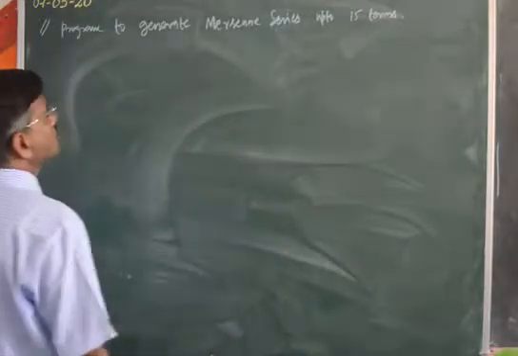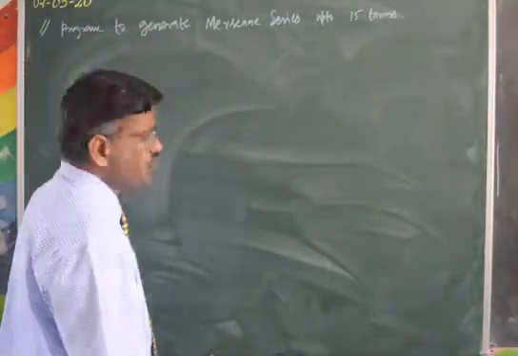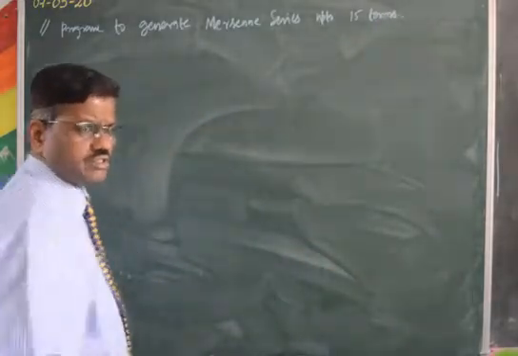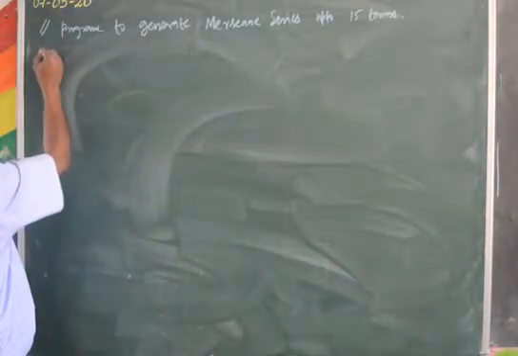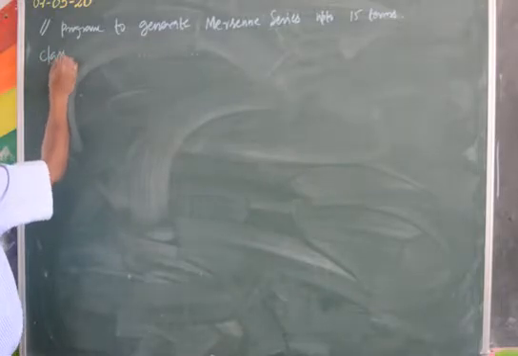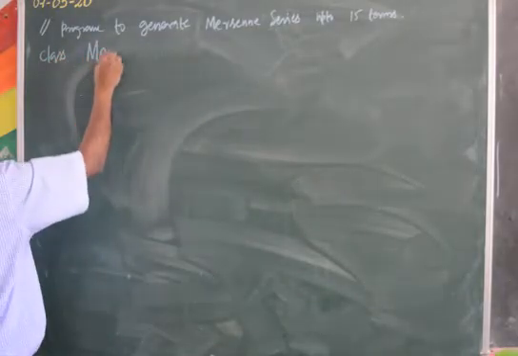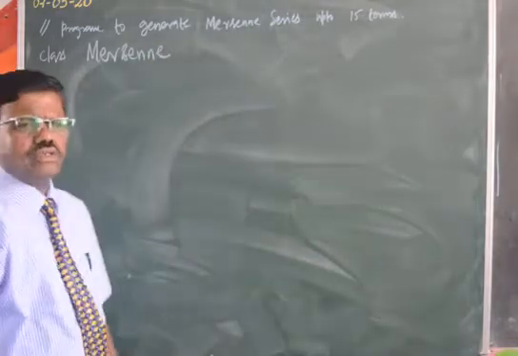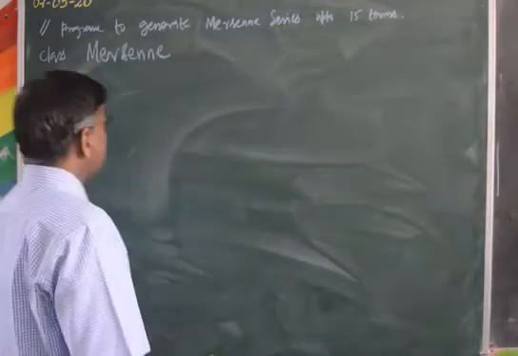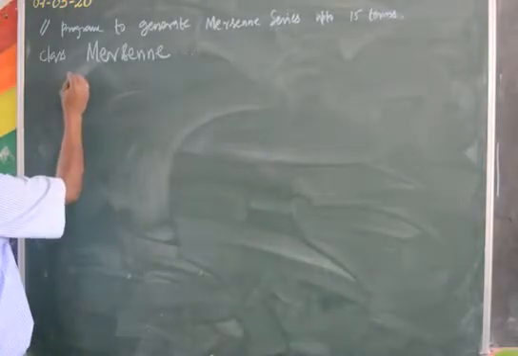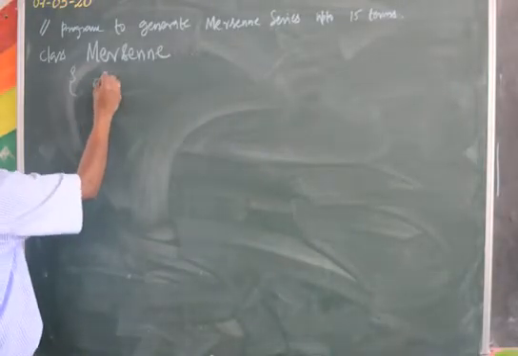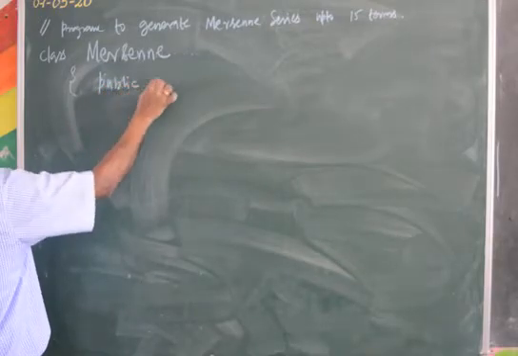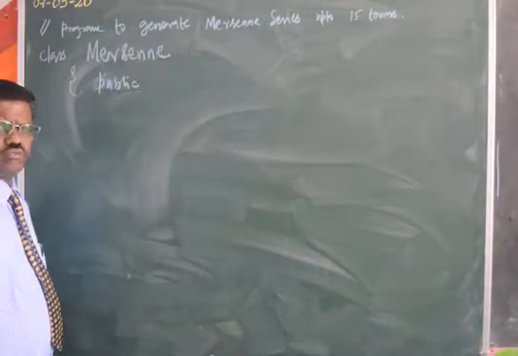Here I go. Program to generate Mersenne series up to 15 terms. Right? I give a class name; you can give any name. What do I give here? Mersenne. I give it as Mersenne. Then I write a public method whose name would be, let's say,